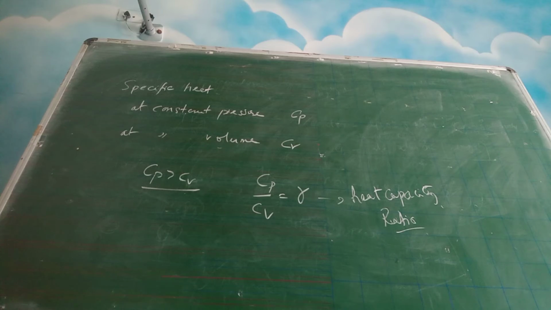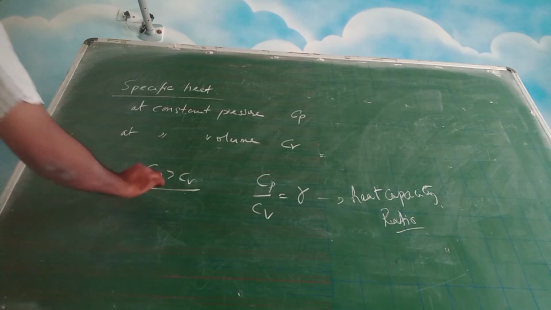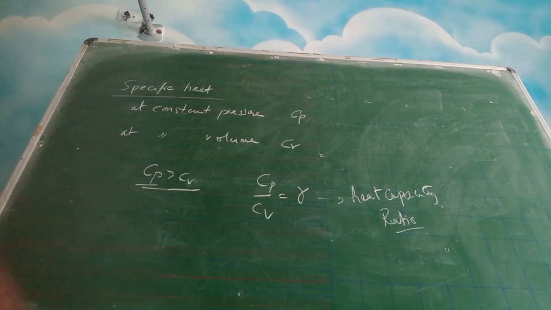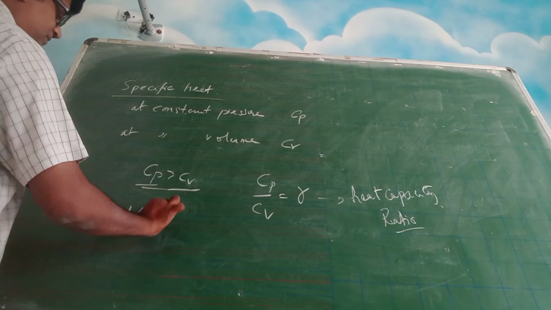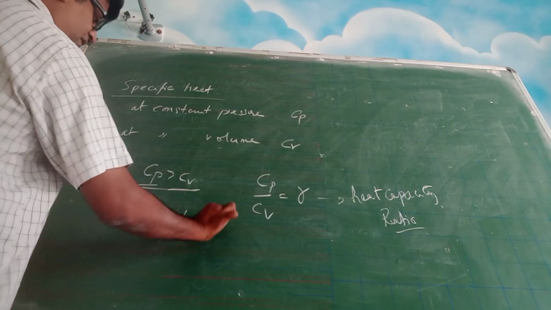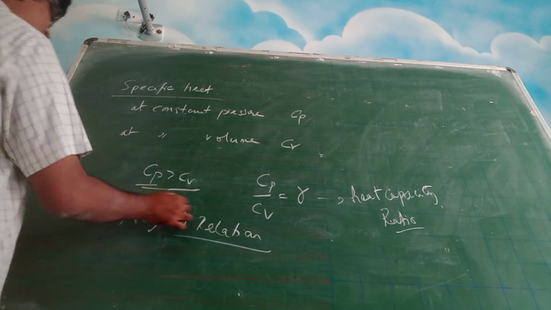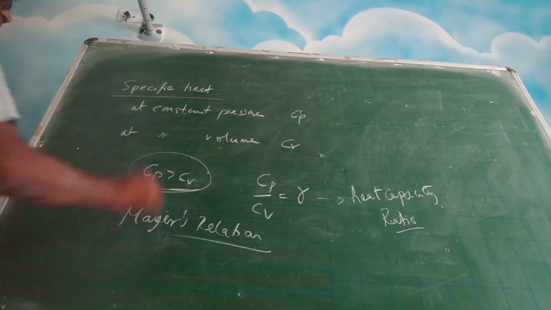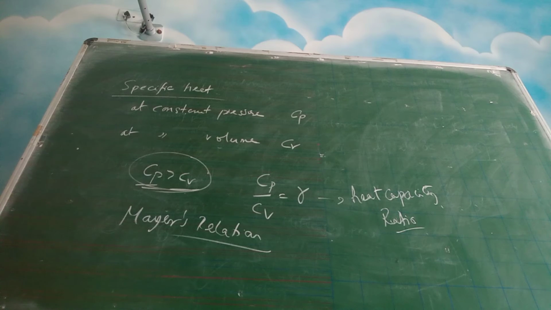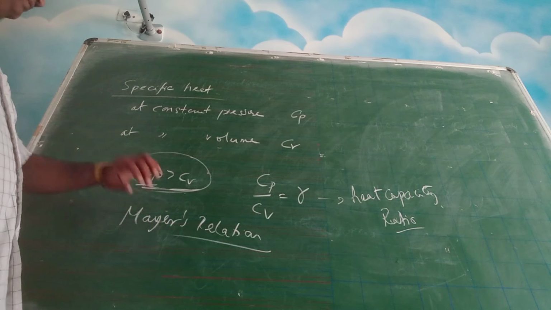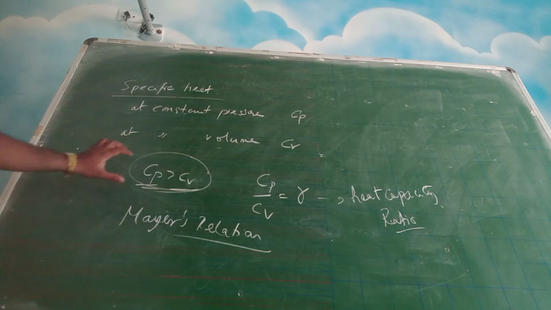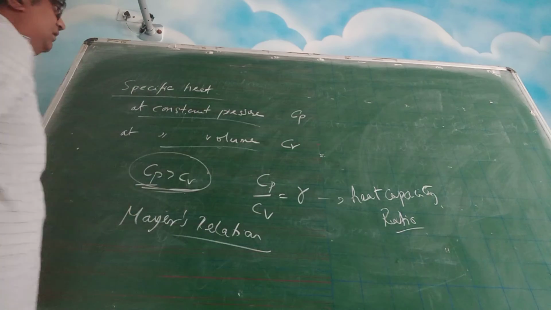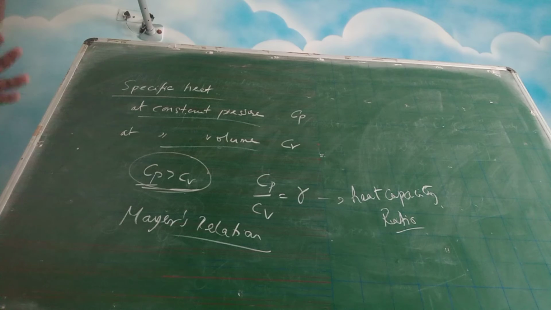So these two we are going to study now. There is an interrelationship between Cp and Cv. That is called Mayer's relationship. He gave a relation which is connecting the Cp and Cv values. That we will see now or maybe in the next class. So these terms you should know, Cp and Cv. What is constant when you are considering that?